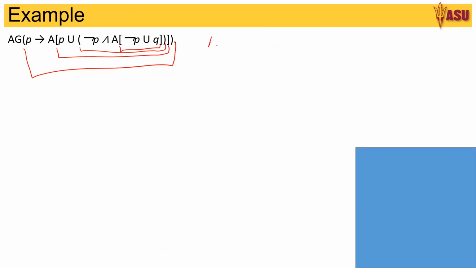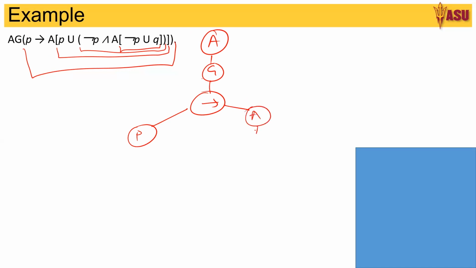So writing out the formula, it will be A, G, and that has an implication. Implication has a P on one side, and the other side of the implication is this formula, which is an A followed by a U. One side of the U is a P, and the other side